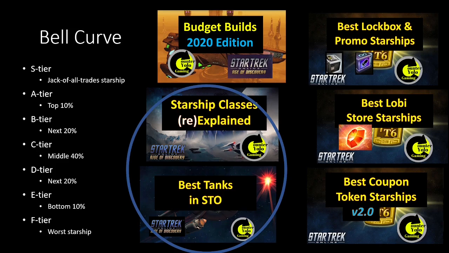I did technically pull some ships out of C tier just because I wanted some of the tiers to make more sense. And so B tier and D tier have a little bit more ships than what you would probably expect from what should even be a bell curve that I've modified here. And S tier will just be one ship, and F tier will just be one ship. Again, S tier is not necessarily the best ship in the game for science, but it's the best jack of all trades starship. So basically, if you want to do basically any playstyle in the game, that's a ship that